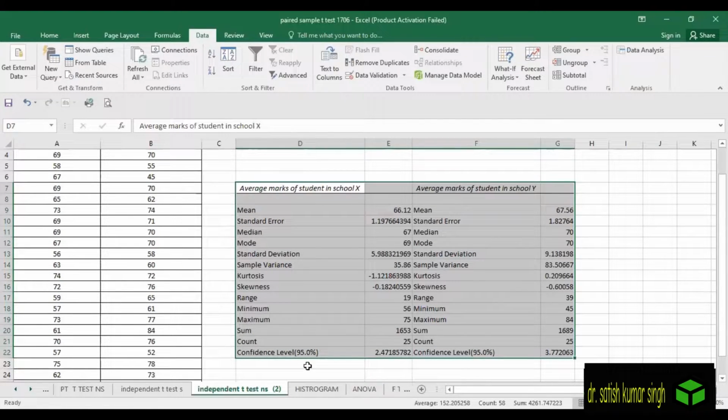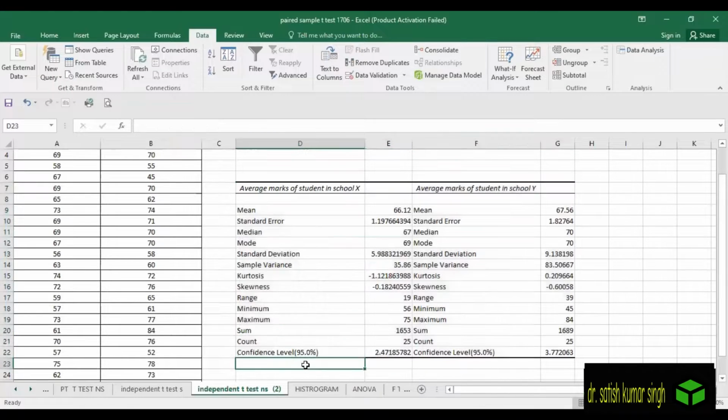Here what is important for us to proceed to calculate the independent sample t-test, we need to check what the variance is. In order to calculate variance, we have to just multiply the standard deviation with itself, so it will give you the variance.